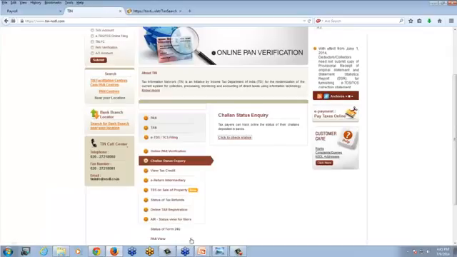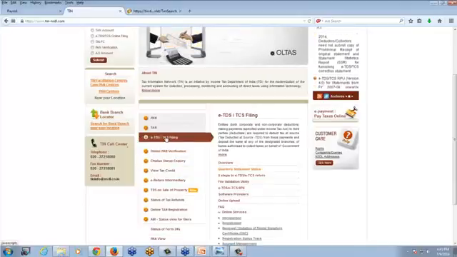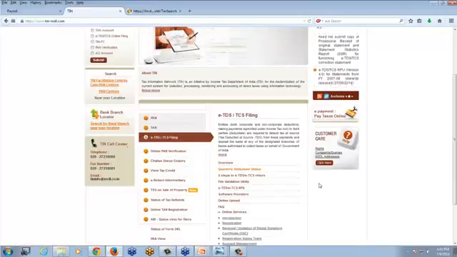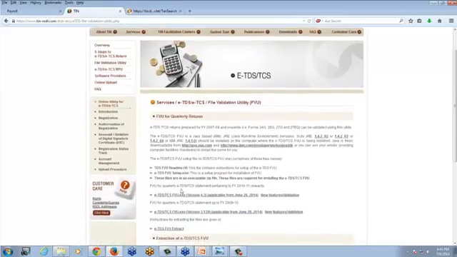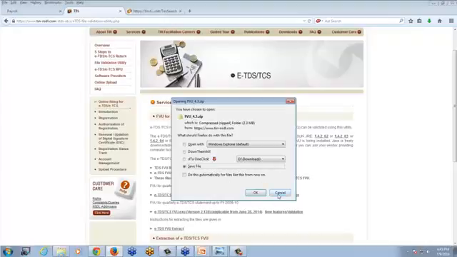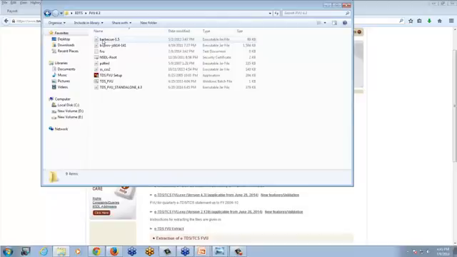So next you can validate it. For validation, just click on ETDS filing, file validation utility. The latest version for this quarter is 4.3. You can just click on download 4.3 version. Once you download the zip file, you'll be able to see the FUV 4.3 folder. You'll be able to see these many files. We request you to click on standalone 4.3.